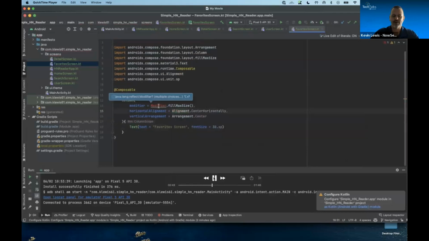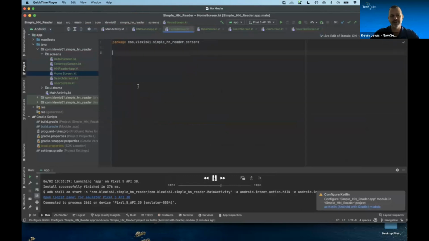Again, remembering every parameter, every modifier that you want to send to your methods and your composed functions is difficult and takes time. And as a new developer, this would have taken me a lot longer had I not been using GitHub Copilot. And this one did an even better job, completed the full